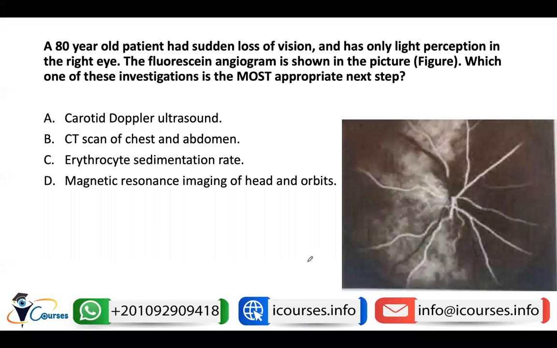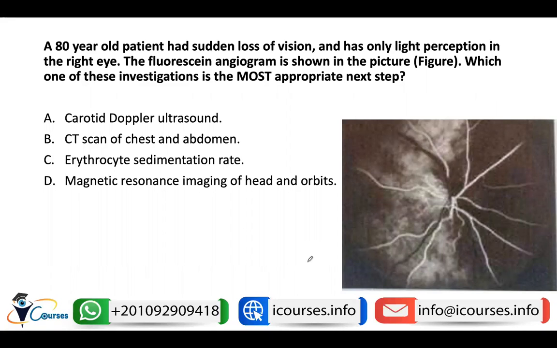Okay, so let me ask you a question. When you have an old man who presents with sudden loss of vision with only light perception, before everything, before doing ultrasound, before doing a fluorescein angiography, what will you think of? What will be your differential diagnosis? So I will think, yes, I agree that it could be an anterior ischemic optic neuropathy, or it could be